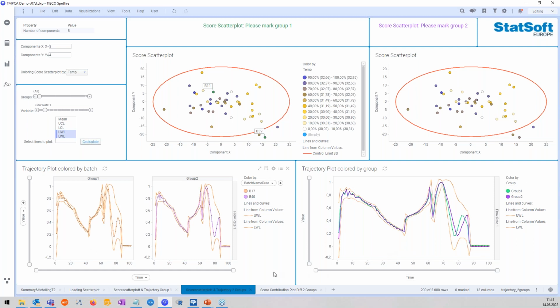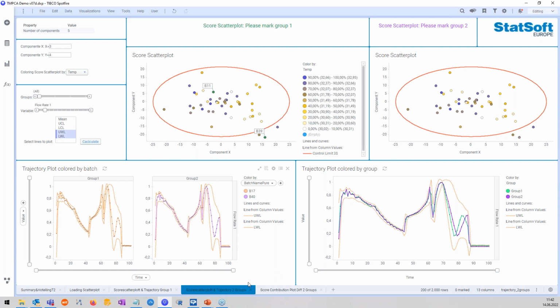So that's it for this Spotfire demo application. This has been built together with the customer. It has analytical capabilities in the background, so MSPC modeling, but displayed in a fashion so that the experts at the customer side can interact with the results of this statistical modeling and understand and feed this understanding back into the production process.